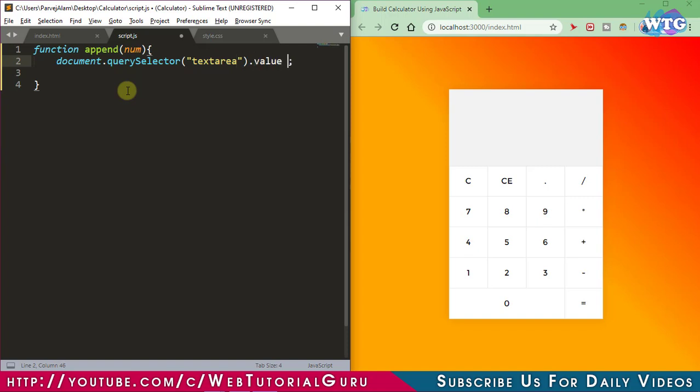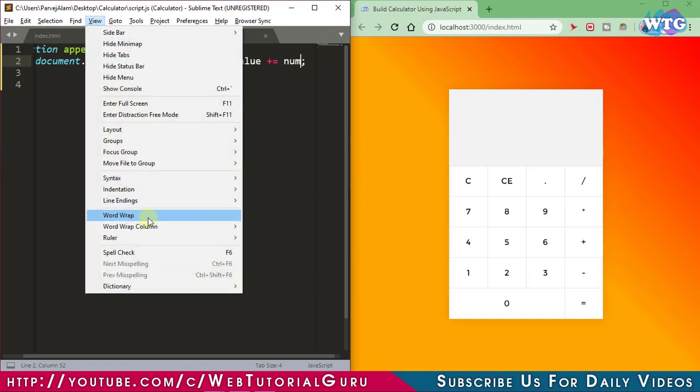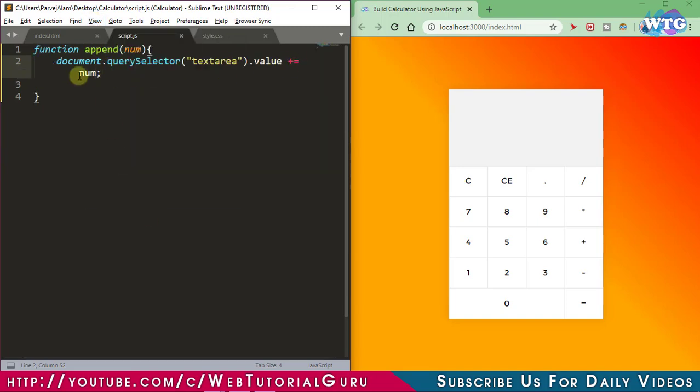Dot value plus equals means it will append the new value to the older value in the text area. Now let's check this. I think it's working fine.